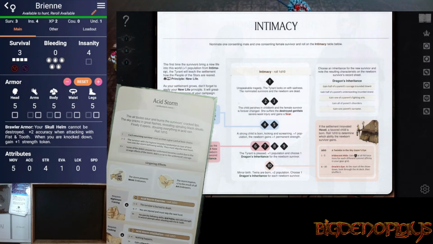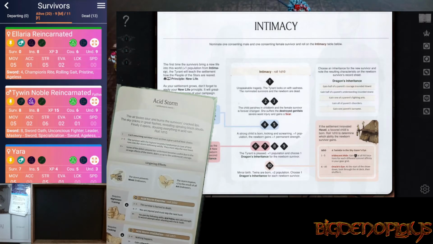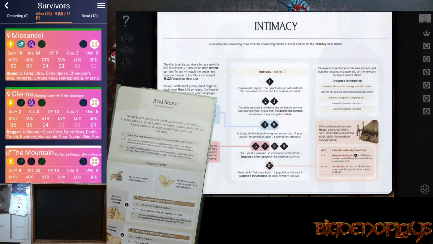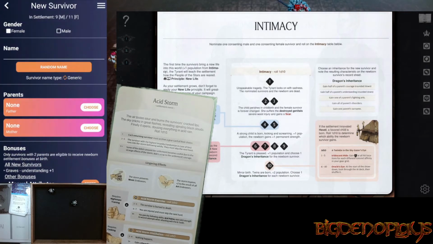We'll do the next one. So I think we'll use, maybe, yeah, I think those two are the right two people. The Mountain. Yep, it's another baby. The Mountain and Ilaria. 1 becomes a 3. So that 3 is...